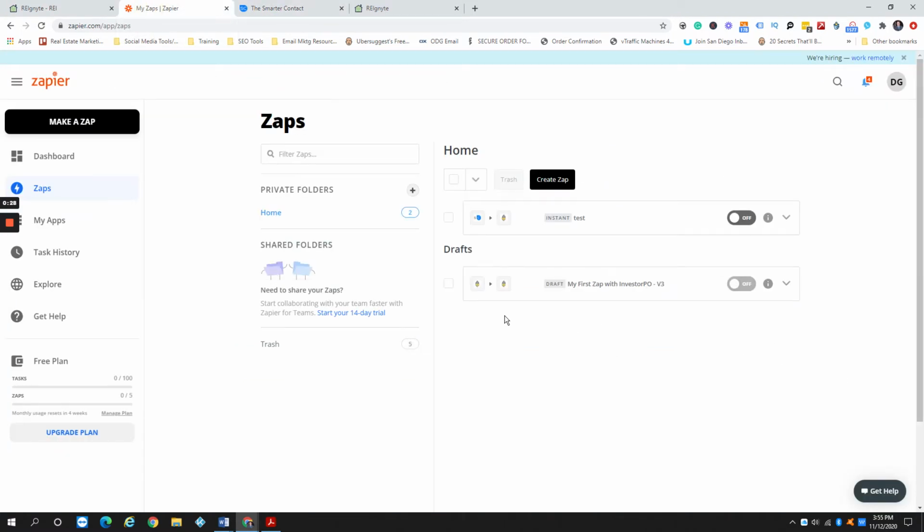So first, you'll obviously want to have a Zapier account. You want to go to Zapier. All you need is the free Zapier account. You don't need to purchase Zapier unless you end up having a lot of different zaps within Zapier. But really, the free one allows you to have up to 5. You'll want to come to Zapier and click Create Zap,